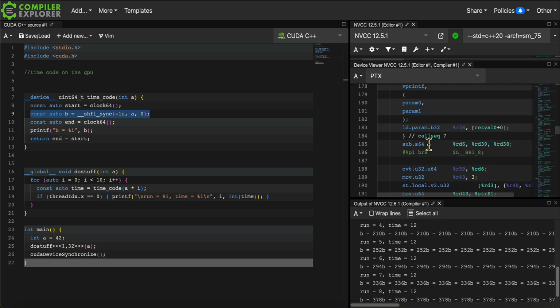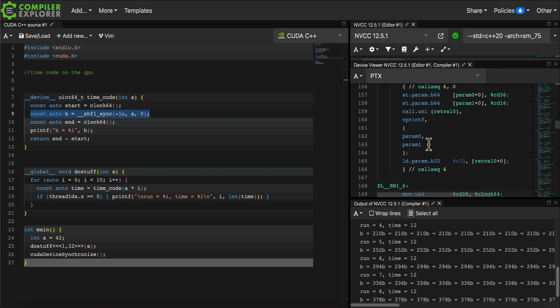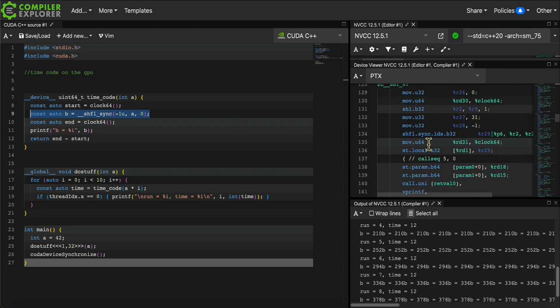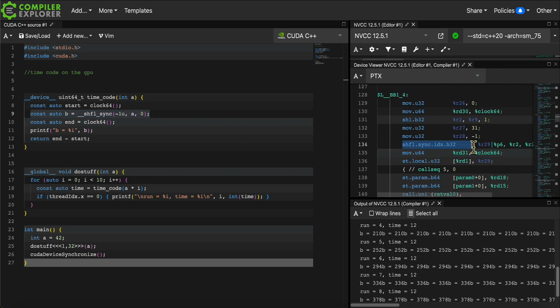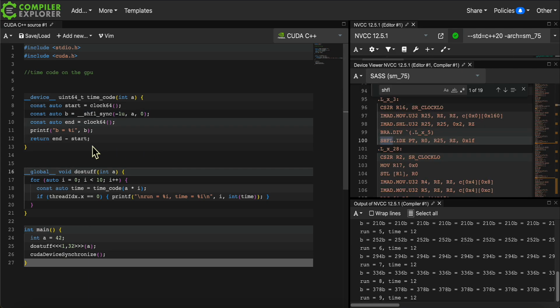Now you can see that this instruction here translates directly to a single instruction. One of the nice things about having a really accurate cycle timer is that you can experiment and see the effect of certain optimizations that the compiler does. Here we can see that this loop is being unrolled, by the fact that our shuffle instruction occurs a couple of times in the actual output code.